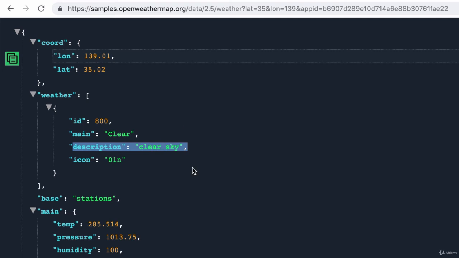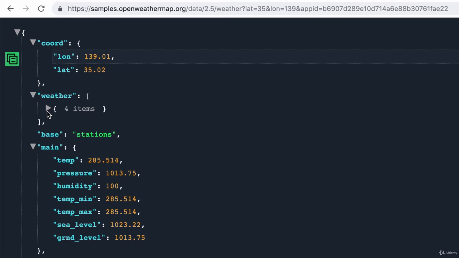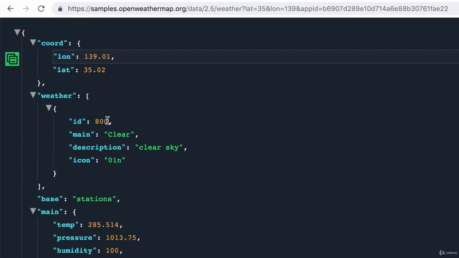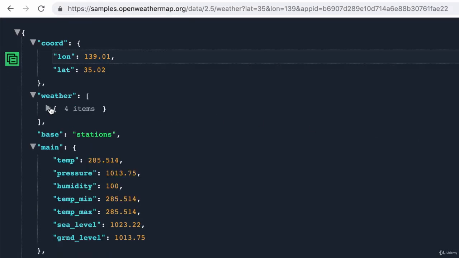Now, the next key is not what you might expect. So notice that here we have one arrow, so that's our data, our second arrow, which is our coord, and our third one is simply the key longitude. Here we have our data, then our weather, then we have something here which doesn't actually have a name. So when you collapse our weather, you can see that it's got a list that only contains one item. So to access the first item in a list, what do we do? Well, we have to use the index of that list for the first value. And we know that lists start counting from 0. So here we have to add a square bracket and add 0 to be able to go into this tree